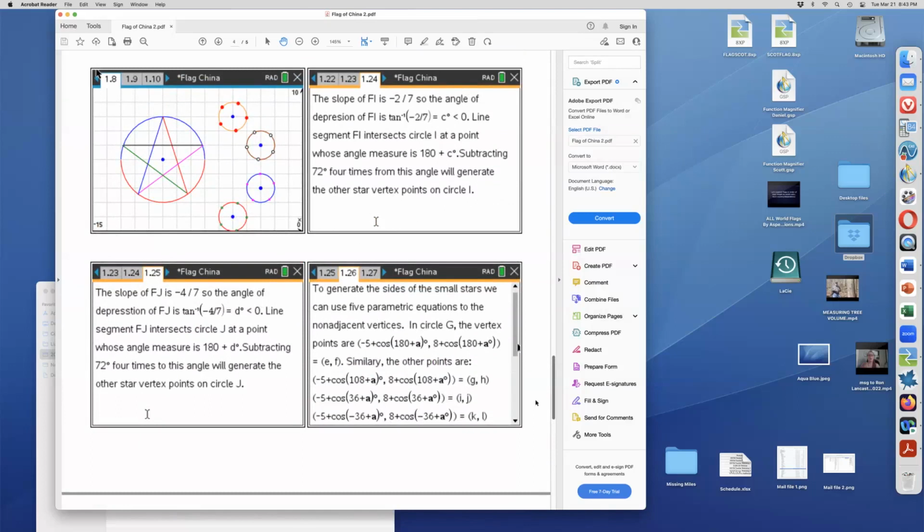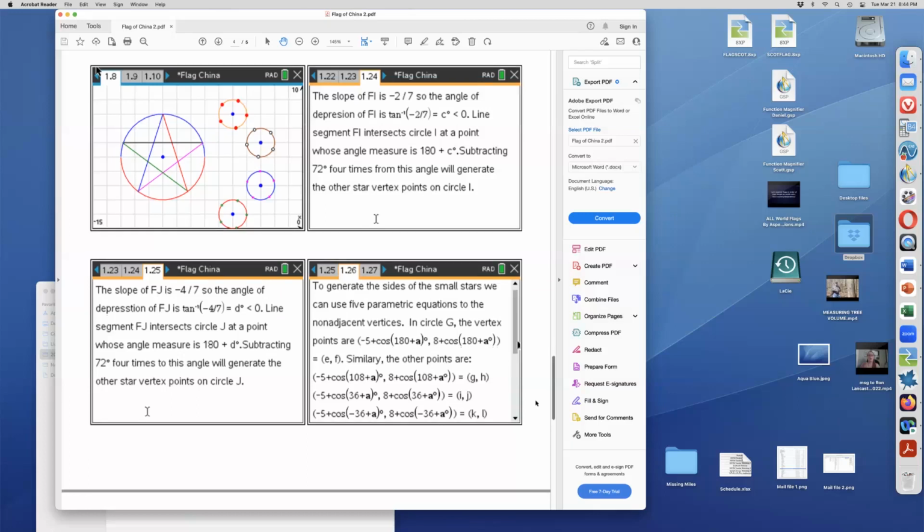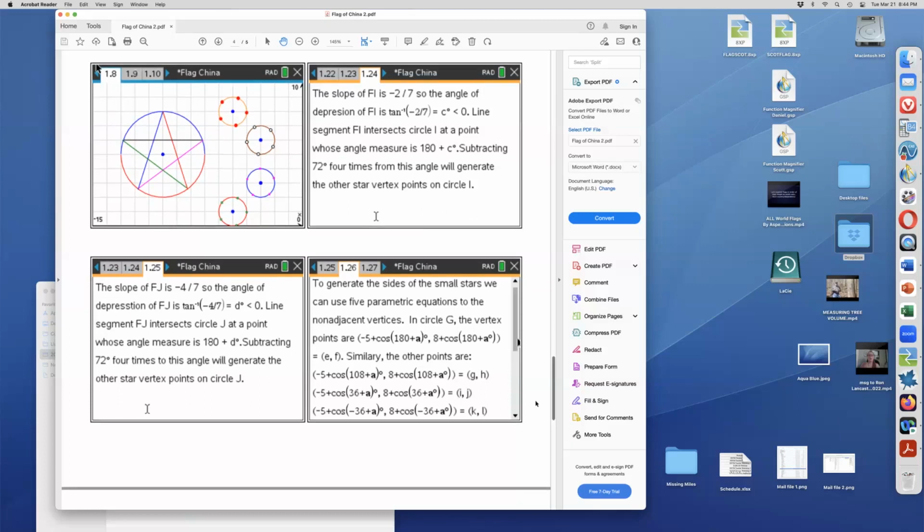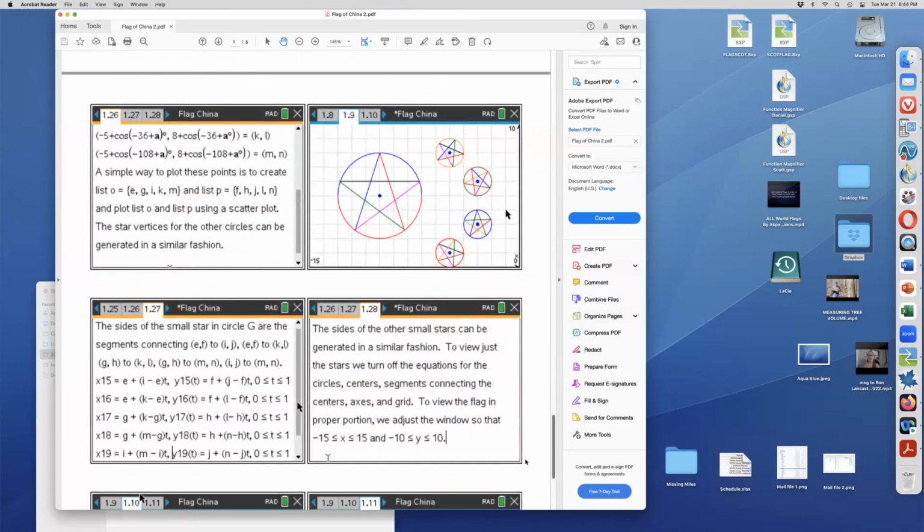And so now the question is, how are we going to draw the sides? Now we already have the coordinate points labeled. So all we have to do is join those points, okay? And I did that using parametric equations. So that's what the slide on the lower right Ron has on the screen is describing. And again, we use the points and label the points. And then if you go down one more, there you go, stop there. Okay.